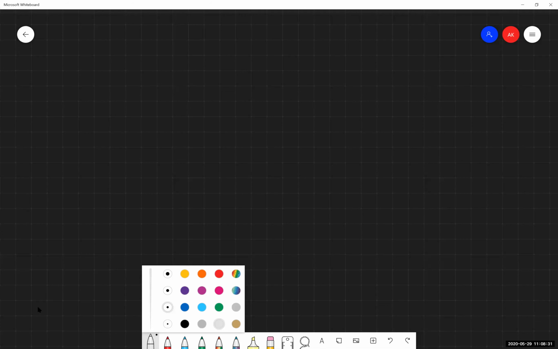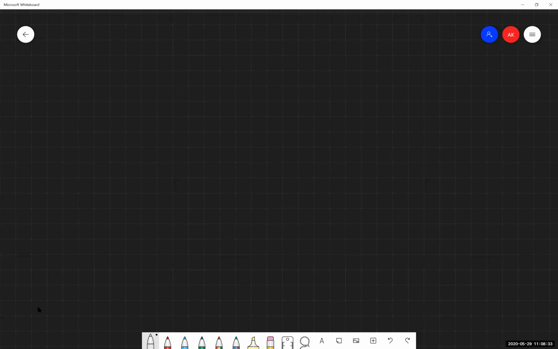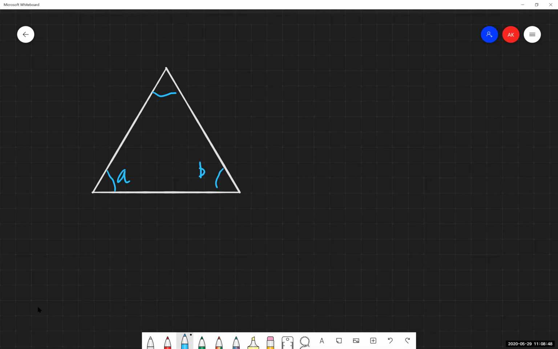And we'll make up a triangle here really quick. So we have a triangle there. Now I'm going to do these in two different colors, just for the sake of seeing it. So we have angles A, B, and C. These are all interior angles because they are contained inside of the shape that we're working with.